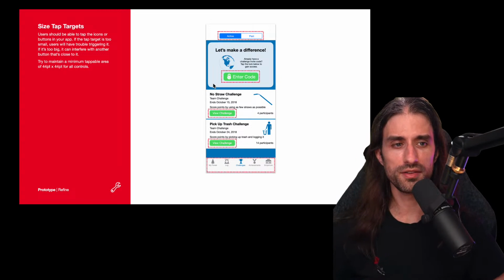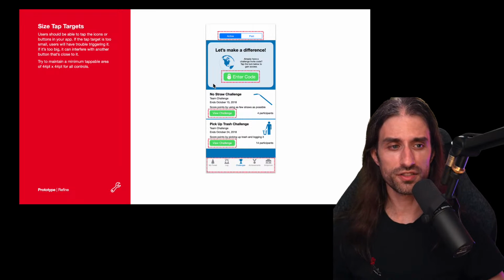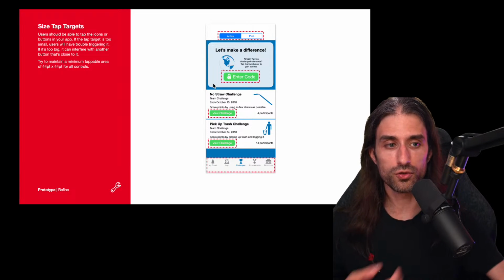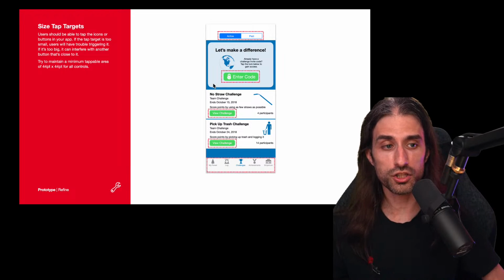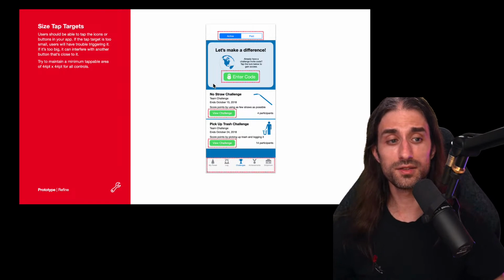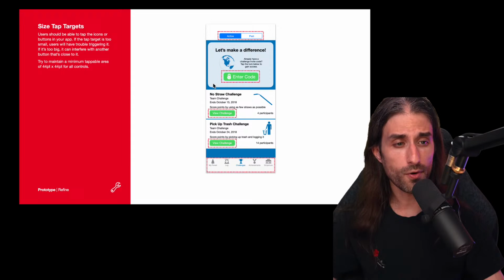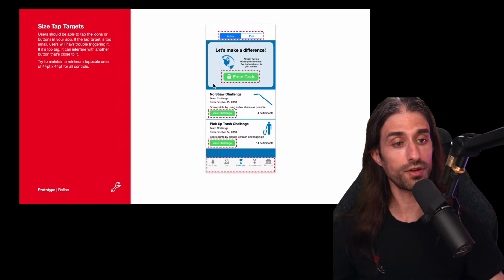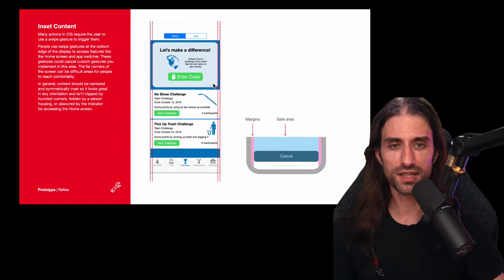I mentioned disabilities, but it might not be just that. Remember that we said that the app has to be used when your hands are full, because you might be holding some trash. Then it makes sense that the buttons are easily tappable, because the user is in a situation where they are temporarily handicapped by the fact that they are holding a bunch of stuff. So that's something that you want to take into account.